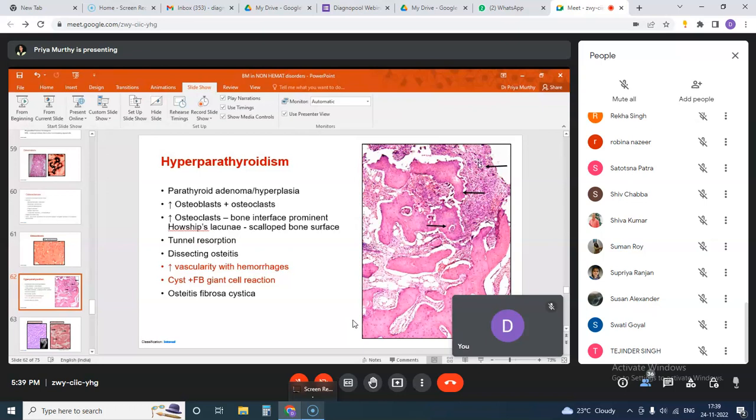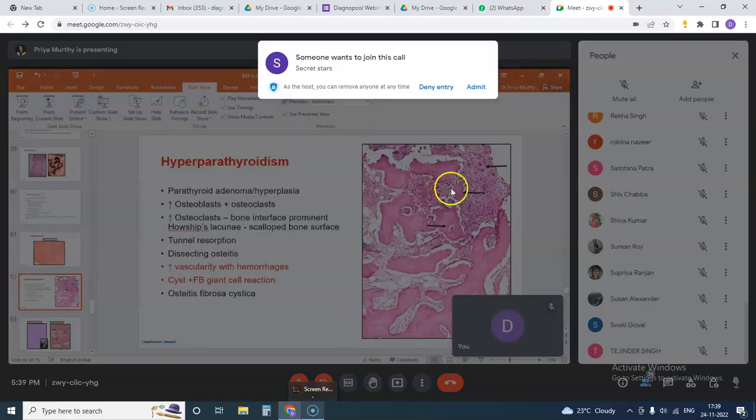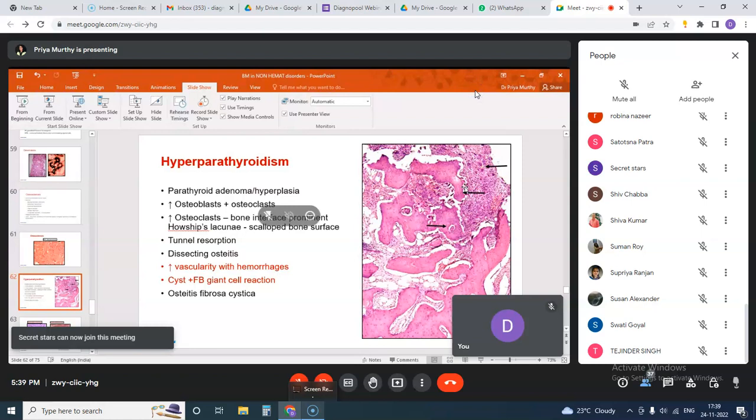So here you're seeing these clusters of multinucleated giant cells. These are not megakaryocytes, these are osteoclasts. And you're seeing the bony trabeculae is irregular on surface. The entire surface is irregular. This is because the osteoclasts have eaten up the surface of the bony trabeculae, and